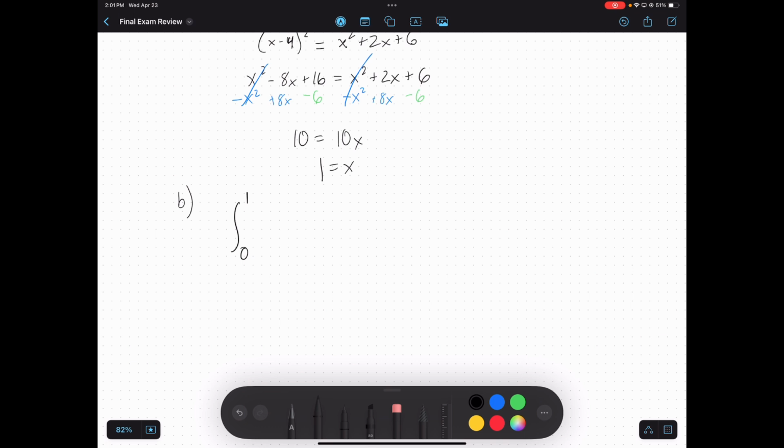This is consumer demand. Yeah, this is consumer surplus. So I'm going to integrate the consumer demand equation. So x minus 4 squared dx. Okay? And then I subtract the actual amount that the consumer pays, which is